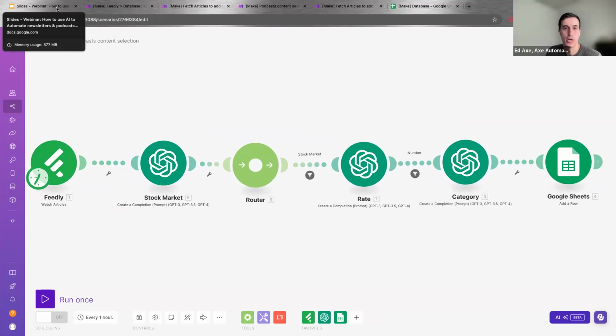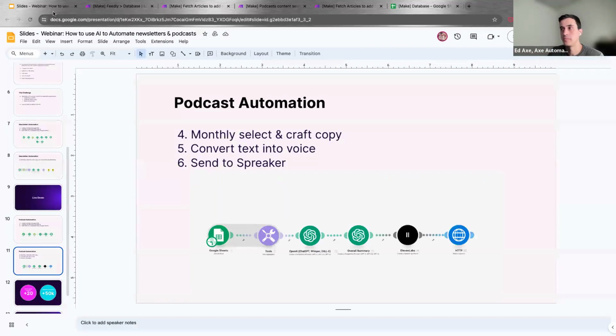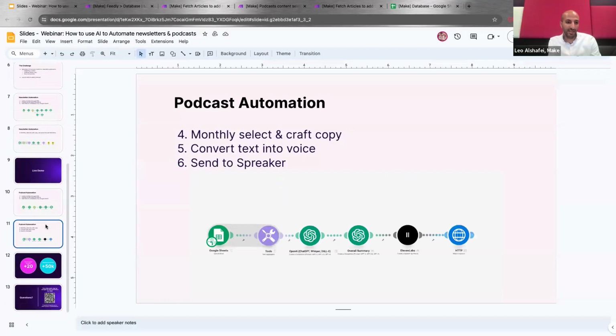Yes, correct. You can save it just as a draft, so you can take a final look and do any edits if you want before sending out to your audience. Or if you are good to go, then you can just set the campaign as live automatically from the Make scenario. Awesome, brilliant.